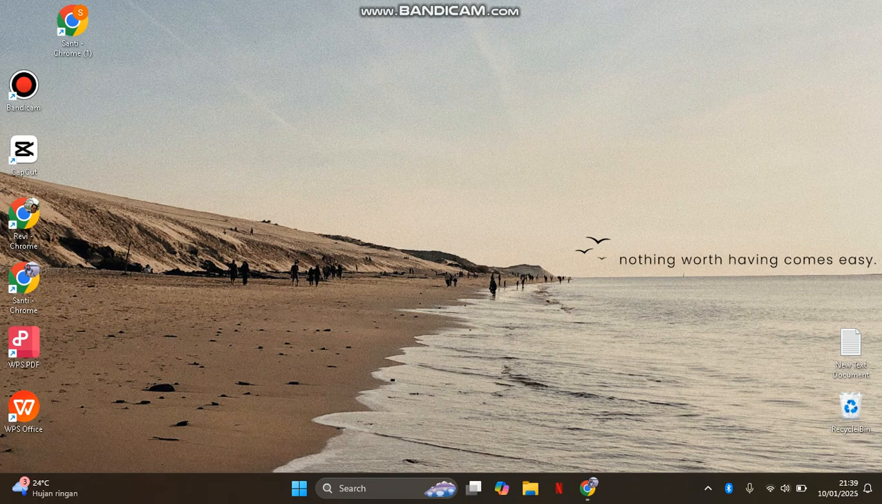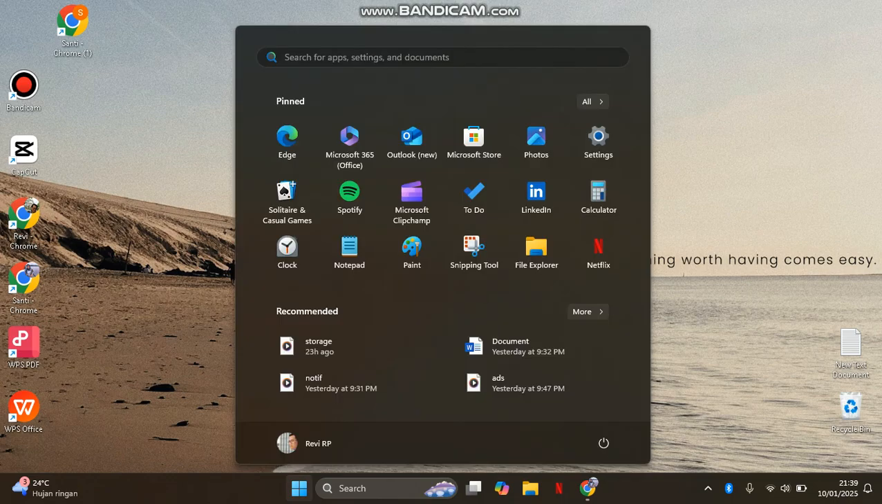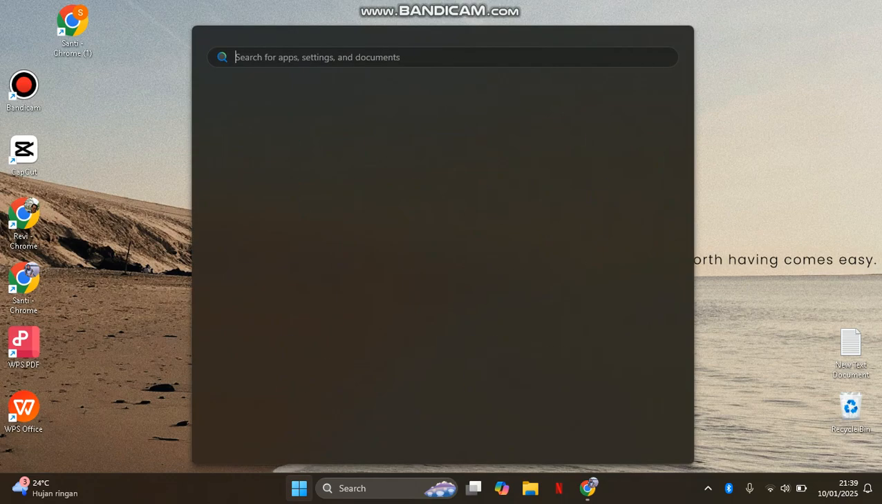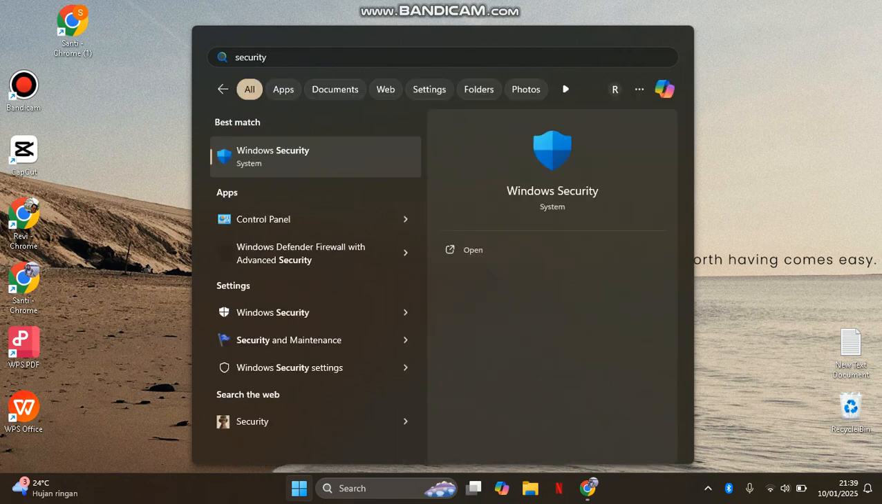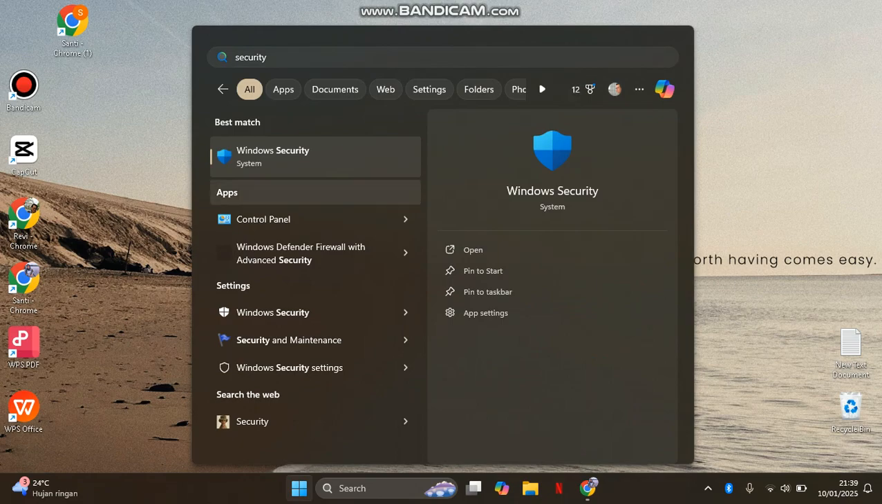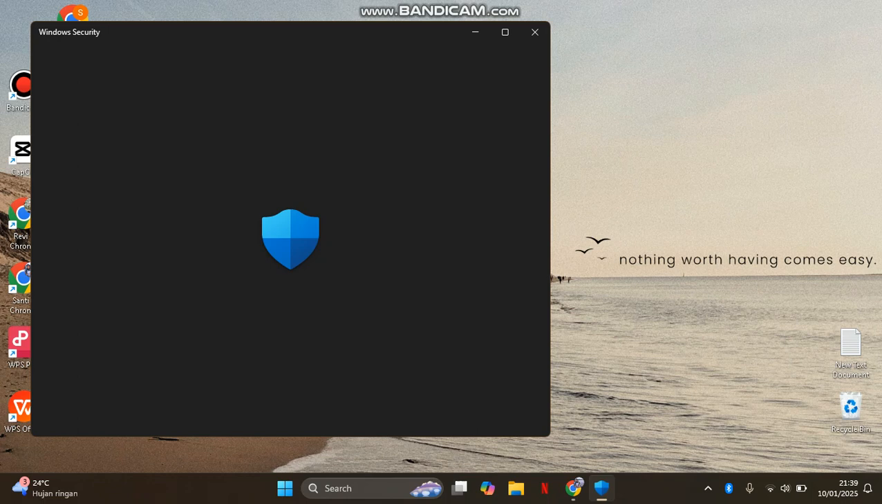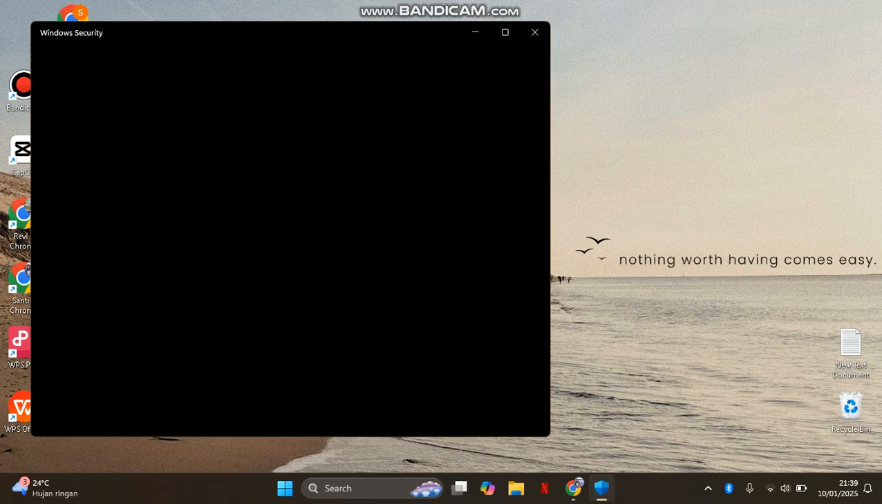First, you need to open the Windows security. So you can tap on the start menu or the Windows icon and then just type in security on the search bar at the top. And here you can just select it from the search result. So once the Windows security is open,